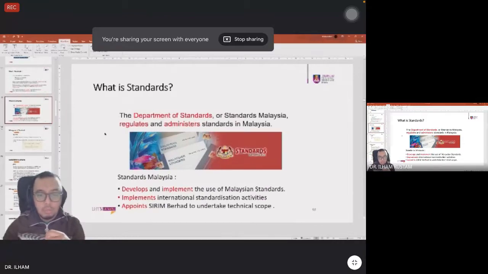So in Malaysia, standards are regulated and administered by the Department of Standards. I myself have never been, but supposedly it is in Putrajaya. All kinds of government bodies are supposed to be in Putrajaya. And Malaysian standards are only applicable and developed in Malaysia only. So you cannot expect to go outside and